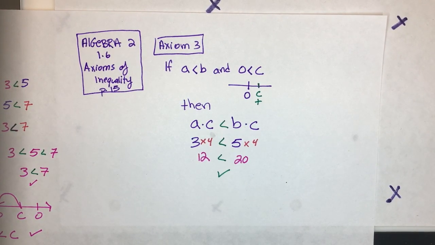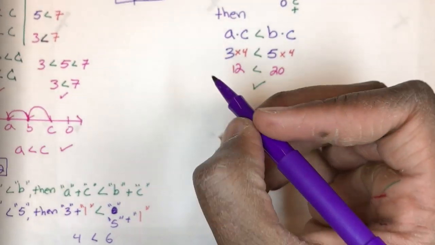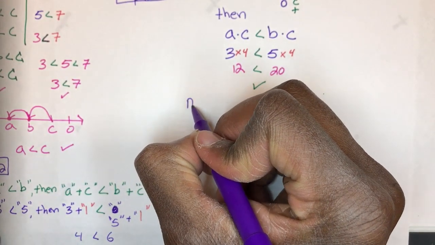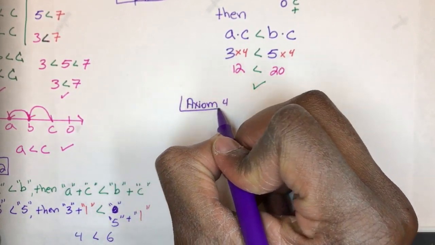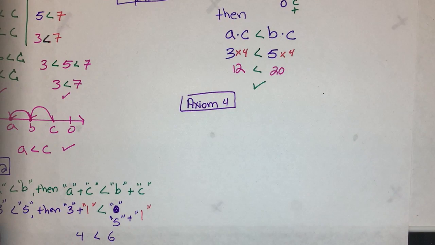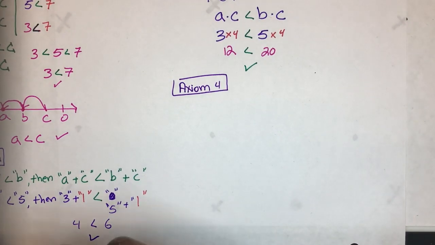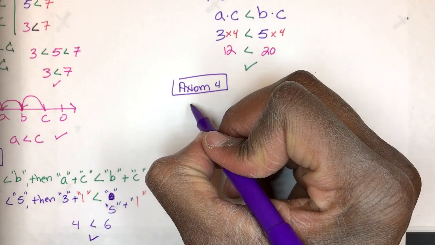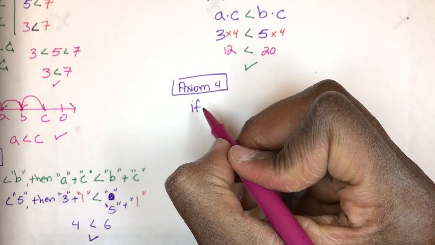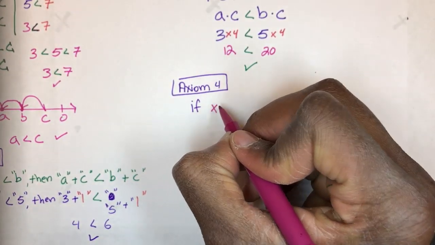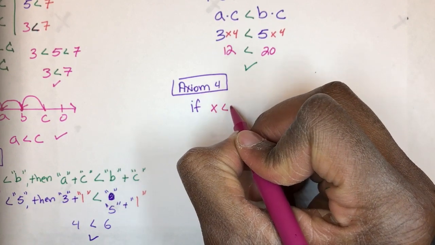All right, let's move on to the last one, I believe, axiom number 4. Yep, axiom number 4. Pretty simple, right, guys? It's just thinking about it. Axiom 4 says, look, homie, let's use different letters, I'm tired of A and B. If X is less than B,